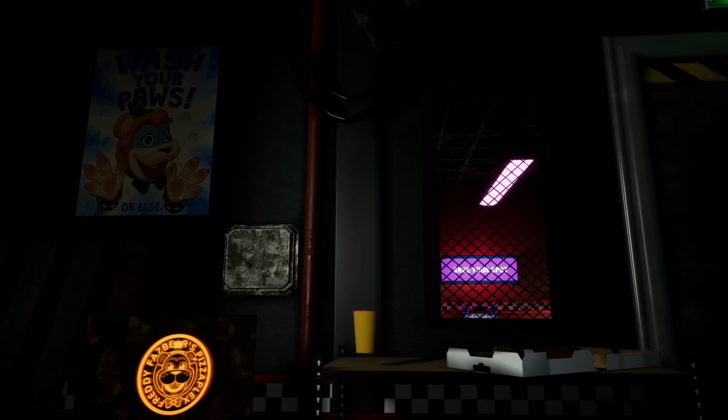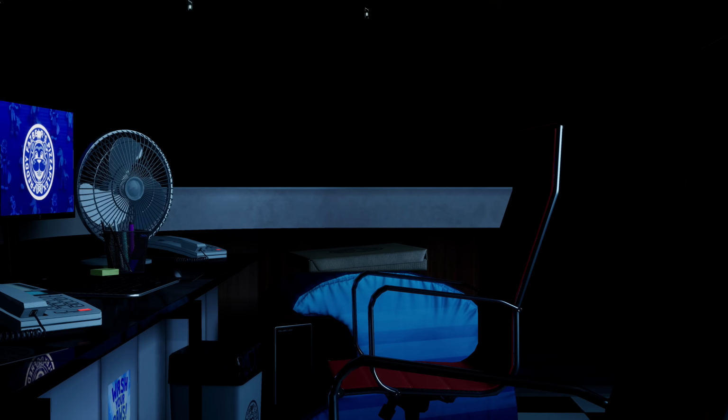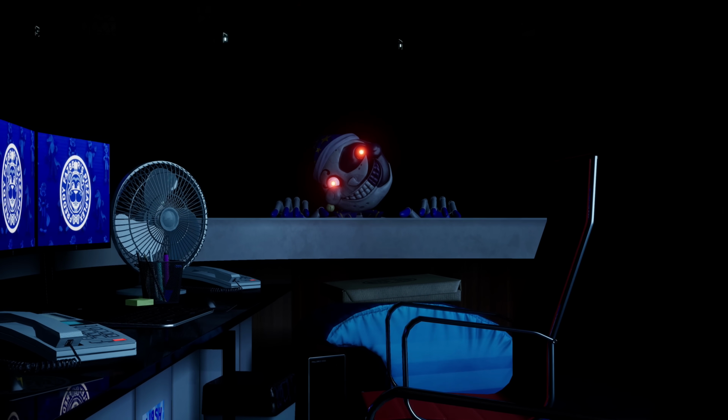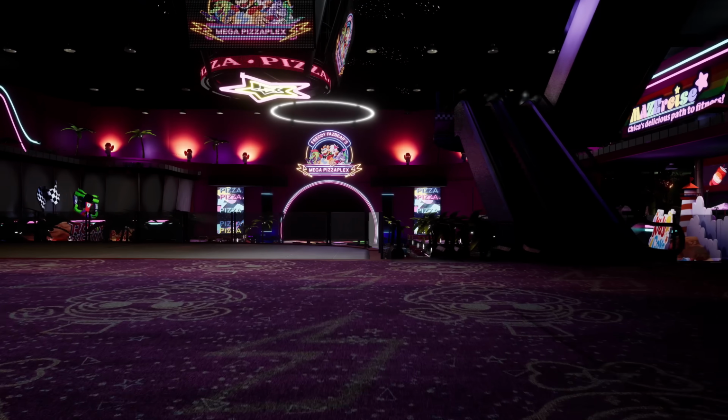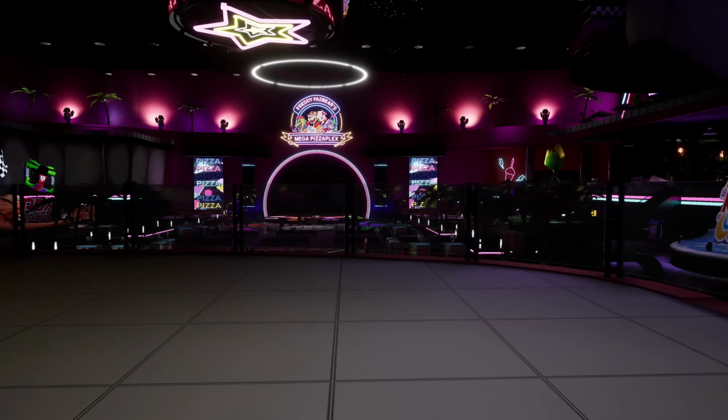Ever since the first Five Nights at Freddy's came out back in 2014, the series took this really simple concept that can be summed up with animatronics are creepy, and it just ran with it. Now in 2021, we're looking at the newest entry in the franchise called Security Breach, and it's a bit of